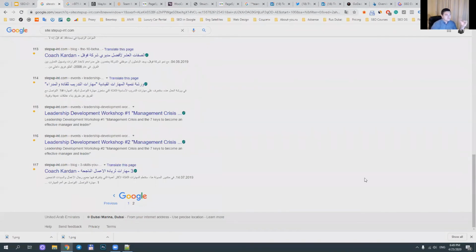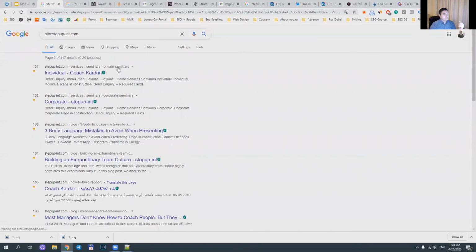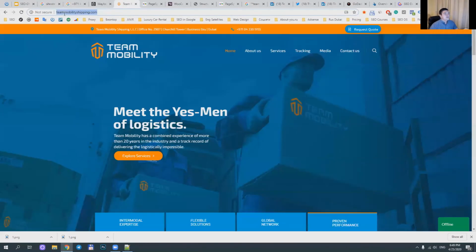Okay, so we can see the whole list of your indexed pages on Google Search Console. If we don't have access, we can check only like this. I found 120 pages, which means the website is indexing. We just need to compare, is it the right number or are there more pages? If it's, let's say, 500 pages, but we only have 120 in the search, it means something is wrong with the website or with optimization. Second website,